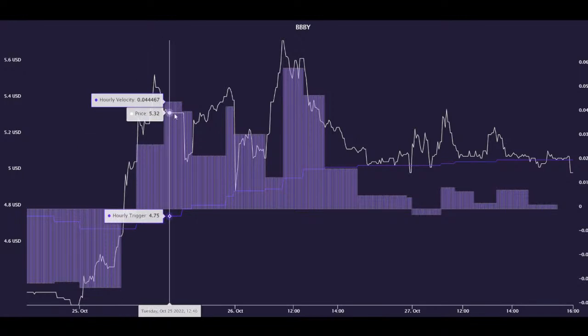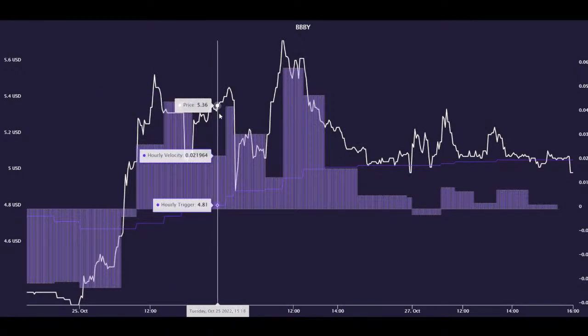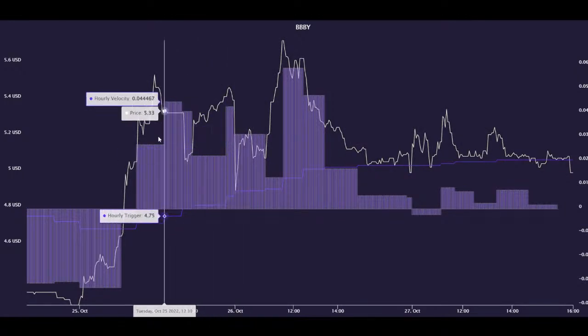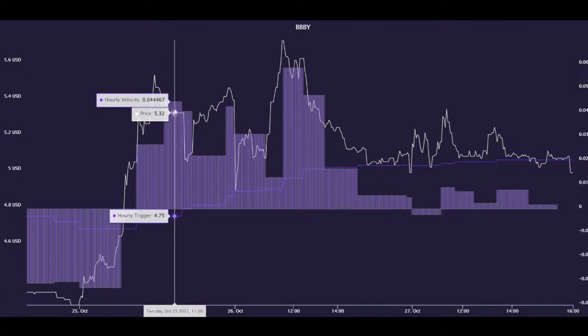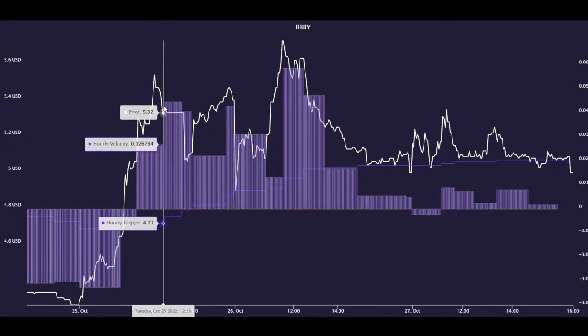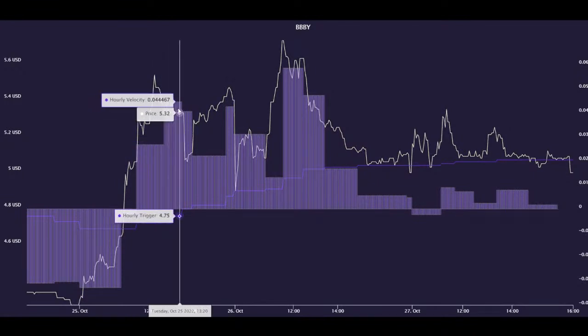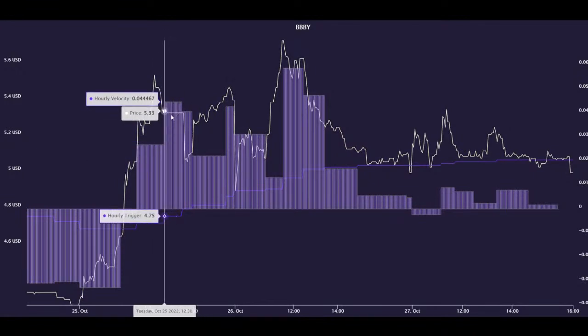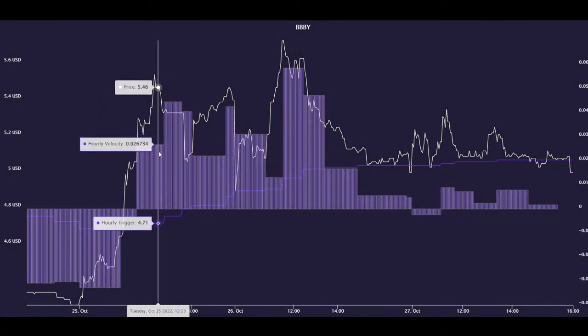Because Nimoy is telling you we have really good hourly velocity, price should go up. So if price can't even go up during this hour, then that's bearish, and you could see that we actually tanked right down. Once we had this bearish divergence, that's when we exited our calls that we bought down here at 429. We rode them up to right here to like 533, and during this hour when price couldn't make a new high, even though Nimoy was telling us that we